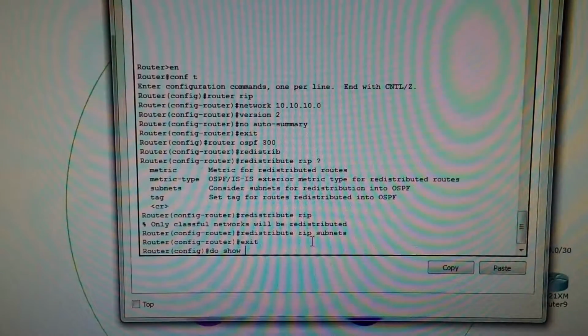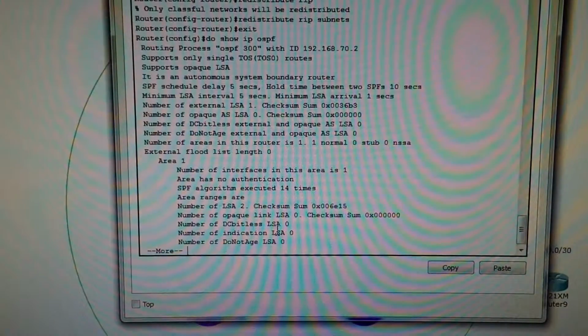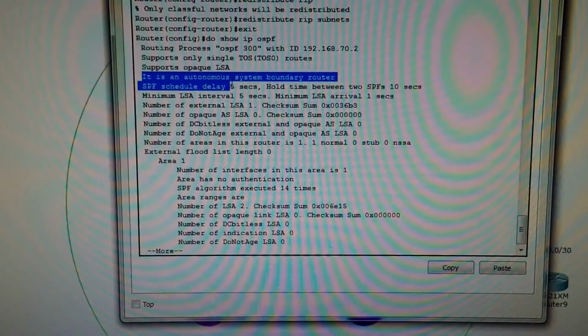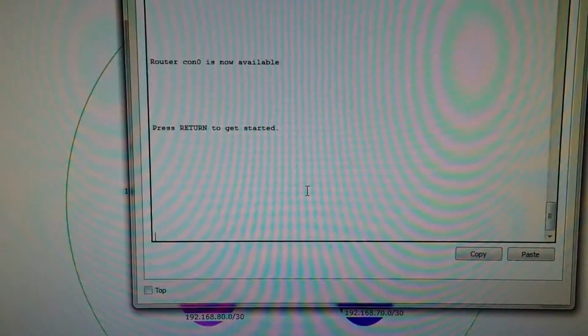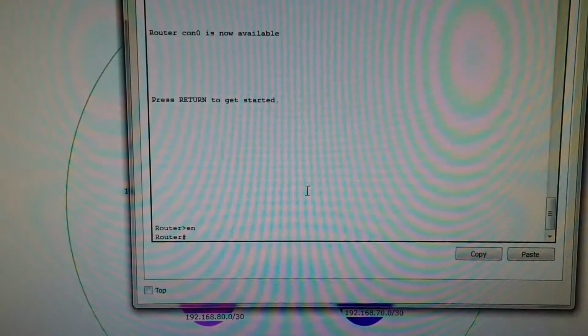Do show IP OSPF. Okay, as you can see here on this line, it is an autonomous system boundary router. This is how we configure an autonomous system boundary router. And if we check this router, enable, show IP route,